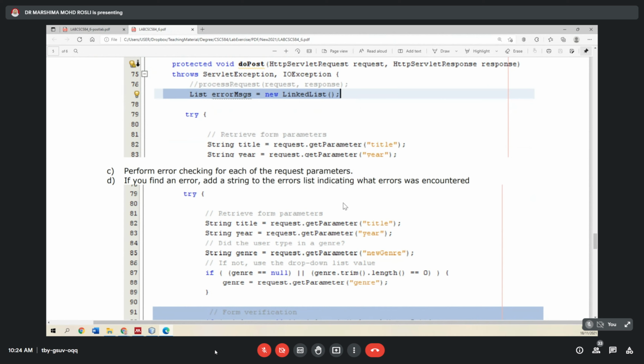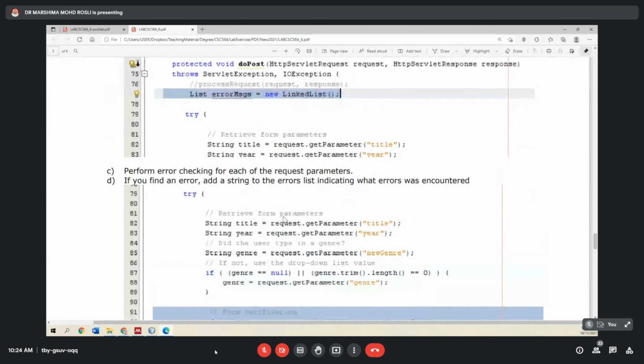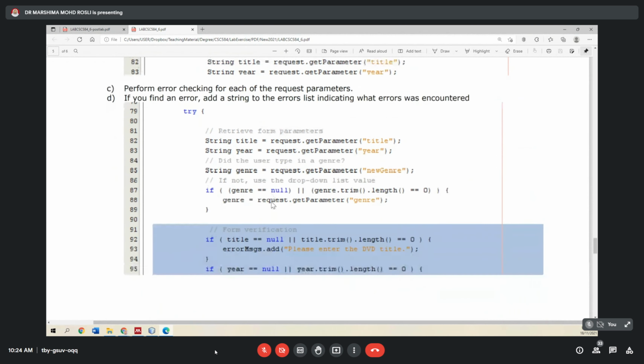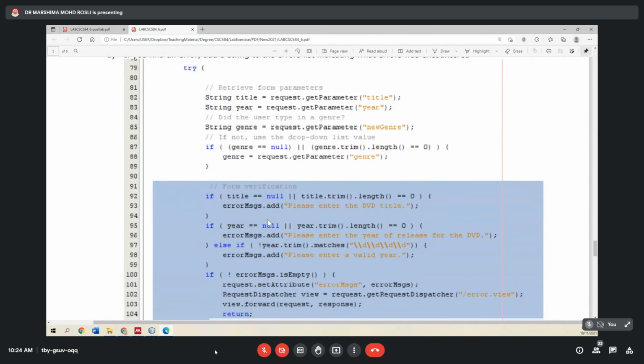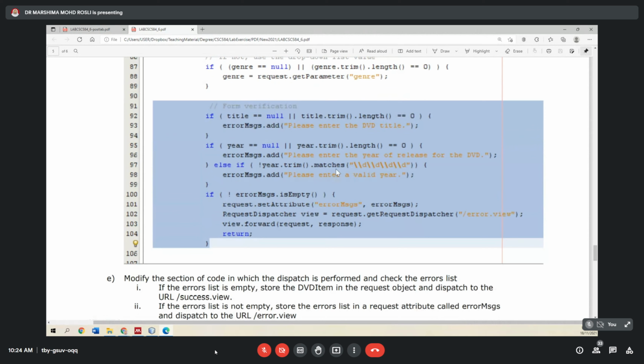Let's say the form is empty, you don't put anything, you just click on submit. Okay, so you do some verification. If title equal to null, or title.trim.length equal to 0, then you print out the error message, please enter the DVD title. So this is using the list error messages. We use new linked list, so it will use the add method to add the error message in a linked list. Next, if year, you check for the year,